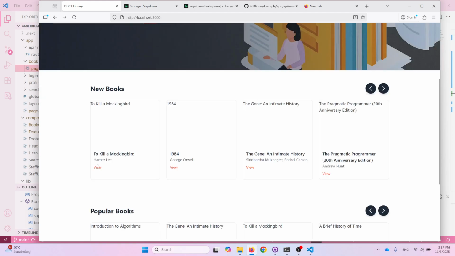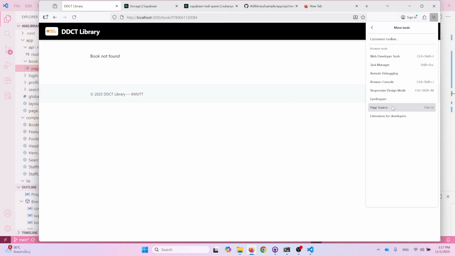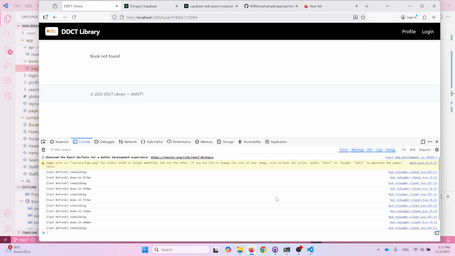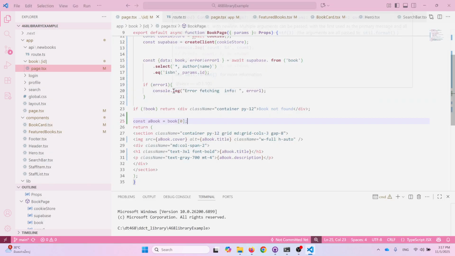It's a book not file. So let me check some more tools. Web developer tools. Actually, it didn't show me error. So if not book,